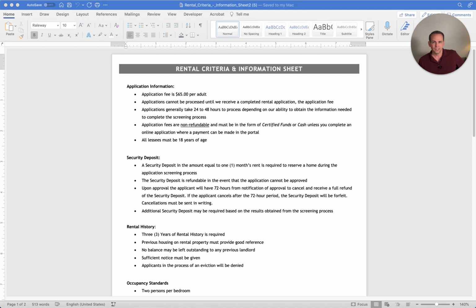I talk about the screening criteria all the time in the application process and the marketing and the screening process, all of those things. So having said that, let's go on and get started. We're going to take a deep dive into the screening process, or the rental criterion information sheet here, and show you what mine looks like, some of the different ways we can use this,